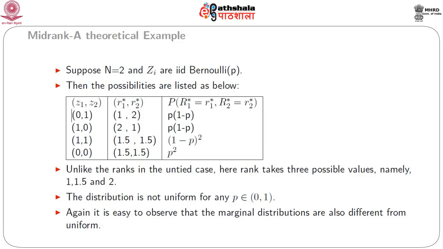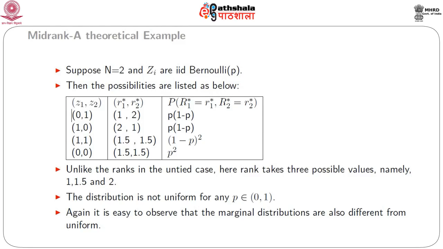So for example, suppose n equals 2 and the Zi are IID Bernoulli(p). Then the possible values of (Z1, Z2) are (0, 1), (1, 0), (1, 1) and (0, 0). Corresponding to each pair (Z1, Z2), we can calculate the observed value of the mid-rank R1* and R2*. So corresponding to the observation or realization (0, 1), we get the mid-rank vector as (1, 2), and this